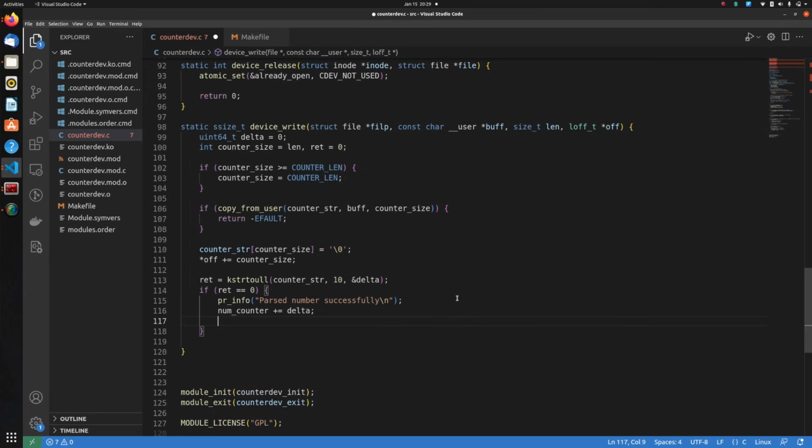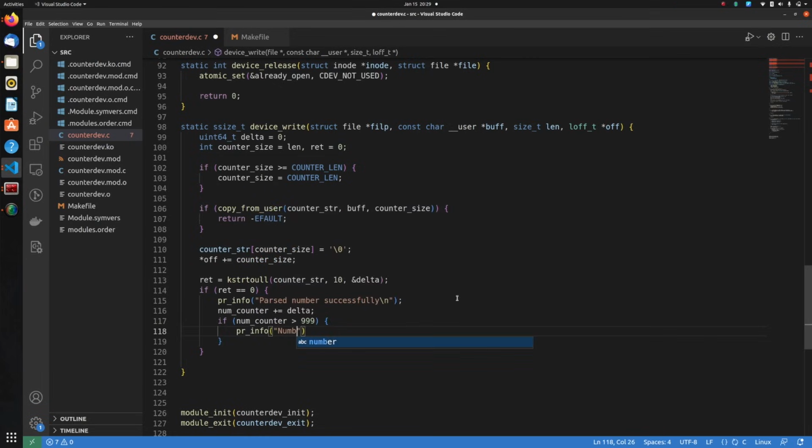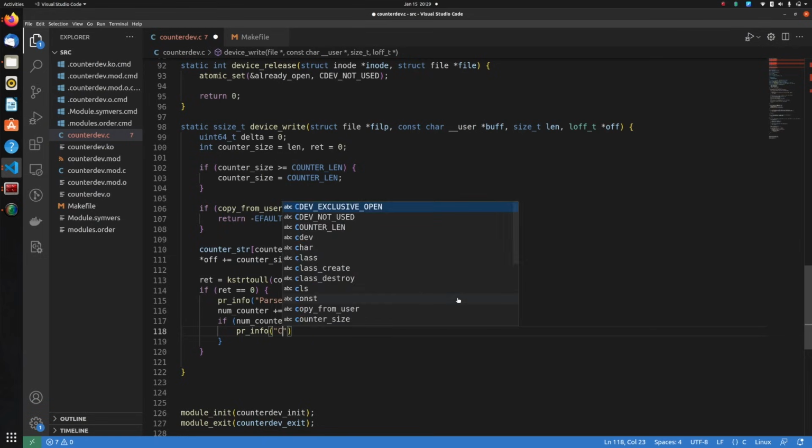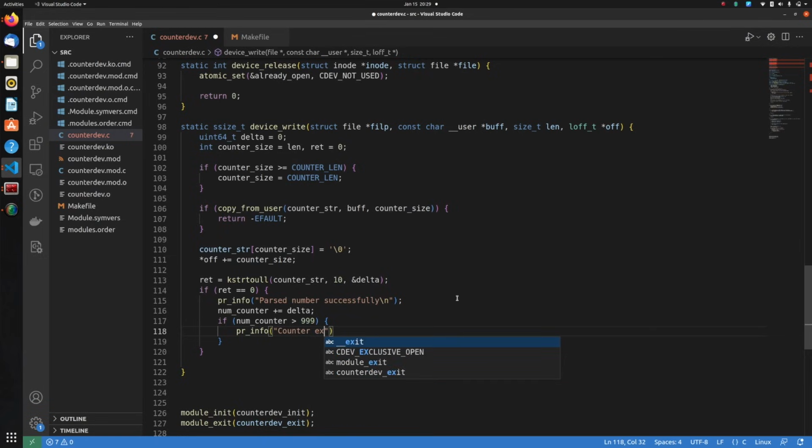Basically, we increment our counter, and then we'll make a check that if num counter greater than 999, which means time to wrap around or rotate, whatever you call it, number, or rather counter exceeded 999, wrapping over,